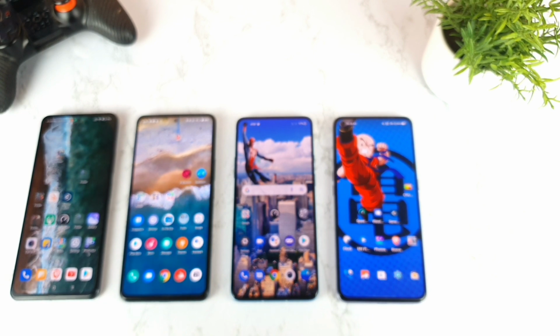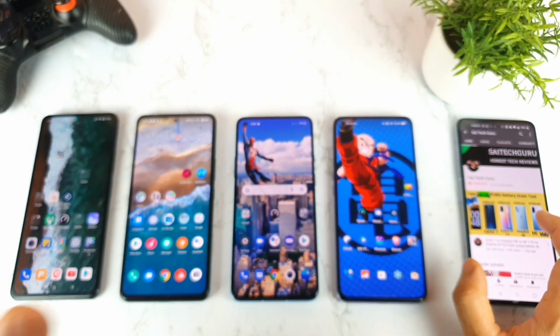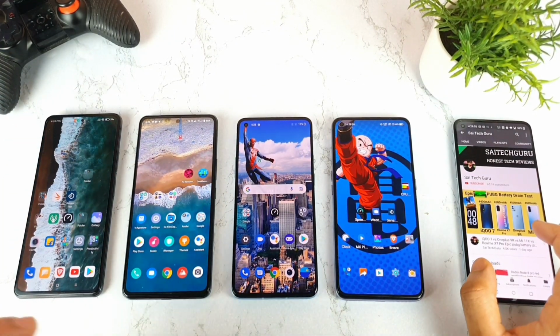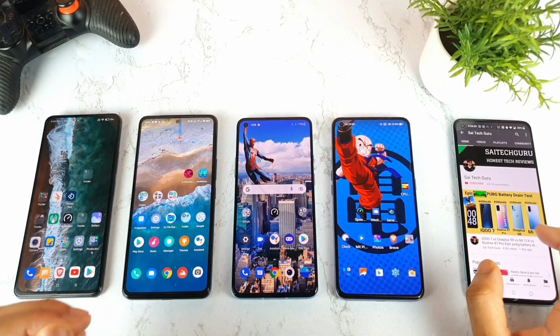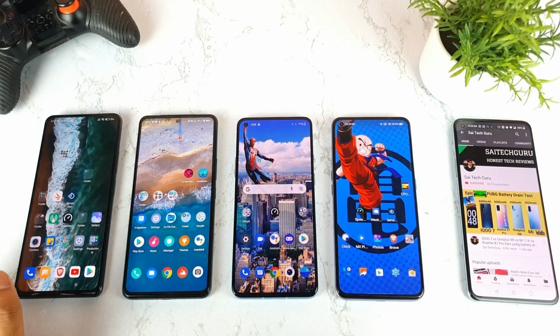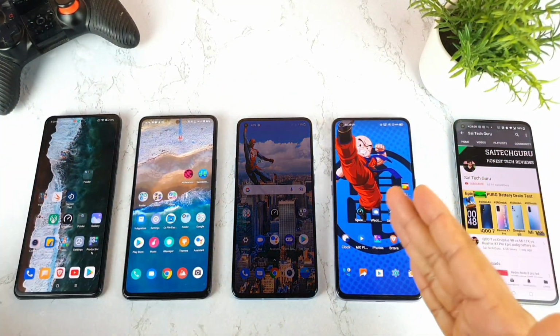With my usage of these phones, I did receive the green tint update on a few of the smartphones like the Mi11X and the IQ7 as well. A little bit of the green tint problem got fixed, but if you compare side by side with the other smartphones, only then will you be able to find out what is happening exactly. So I'll use the same kind of procedure I followed before. Make sure to watch till the end of the video, friends.